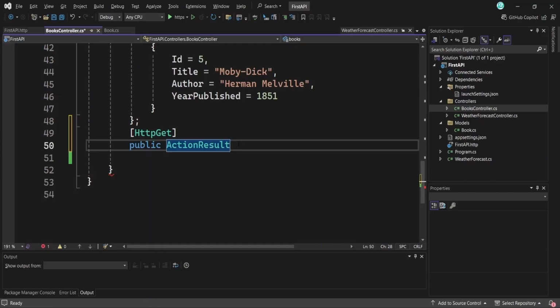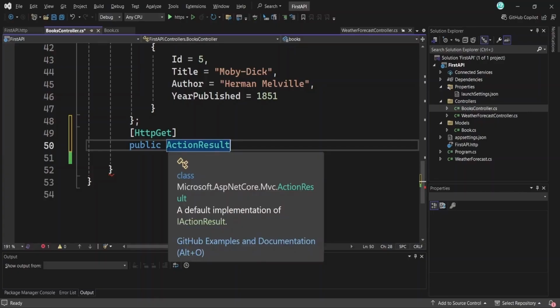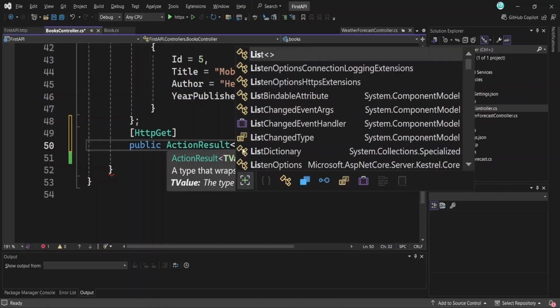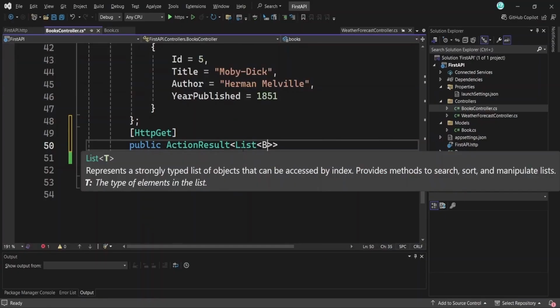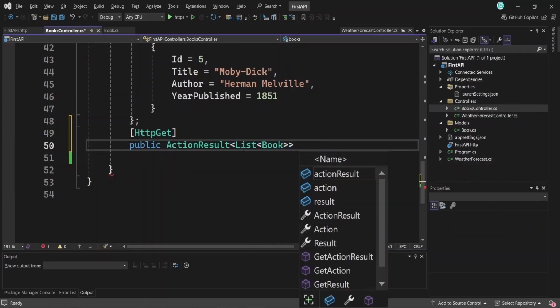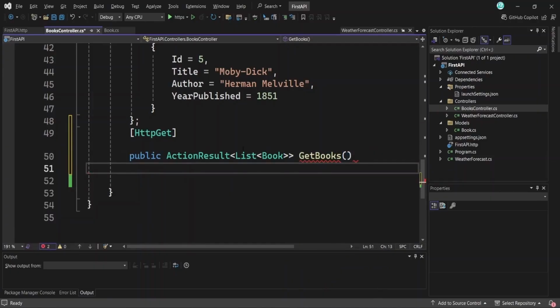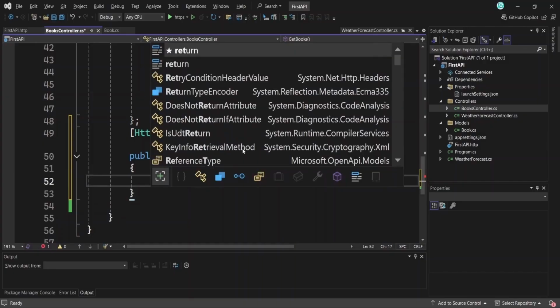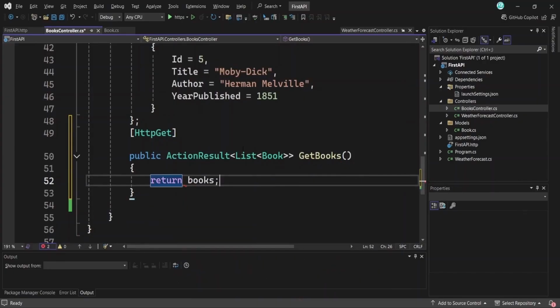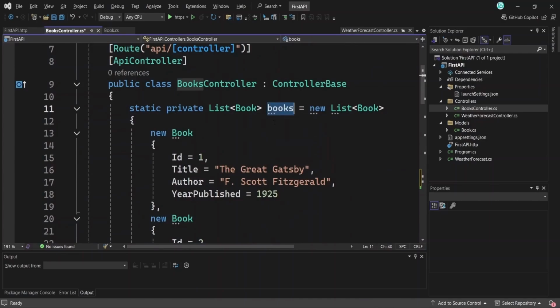Or if the request was not successful, we may return a 404 status code. And this result type is included in the action result. We will see different status codes in all of our methods, and we'll understand them better as we go. But for our first method here, as I said, we want to return a list of books. Let's name this GetBooks, and we will return the books, which is the name of our list of books here, if you can see,